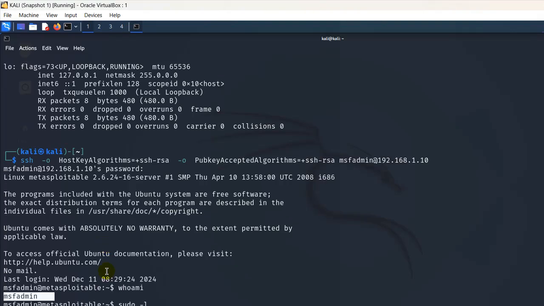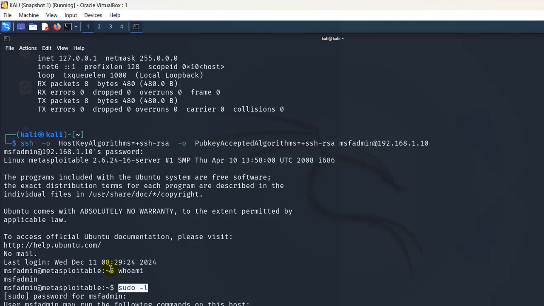For msfadmin, you can see that it is indicating there might be a vulnerability when this particular user executes the sudo command. Through that vulnerability, the attacker can obtain the root shell. To verify this,